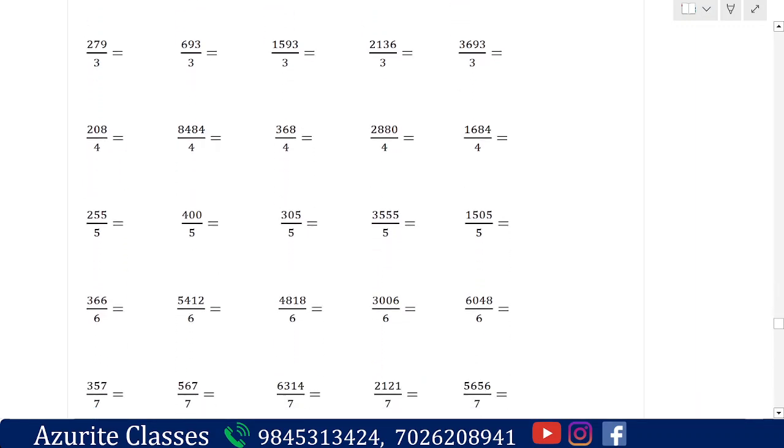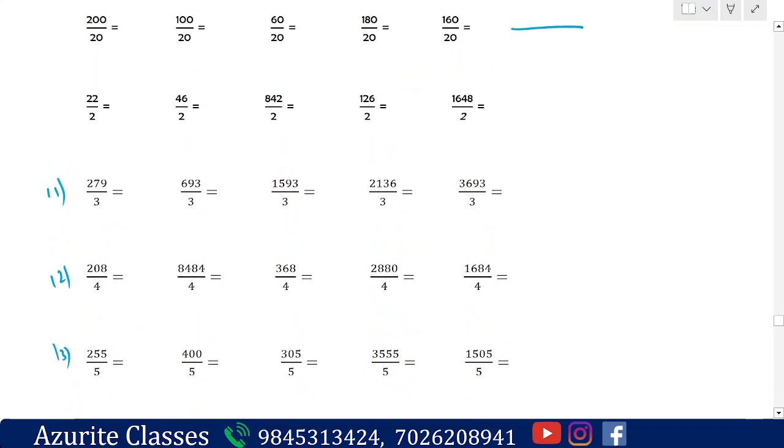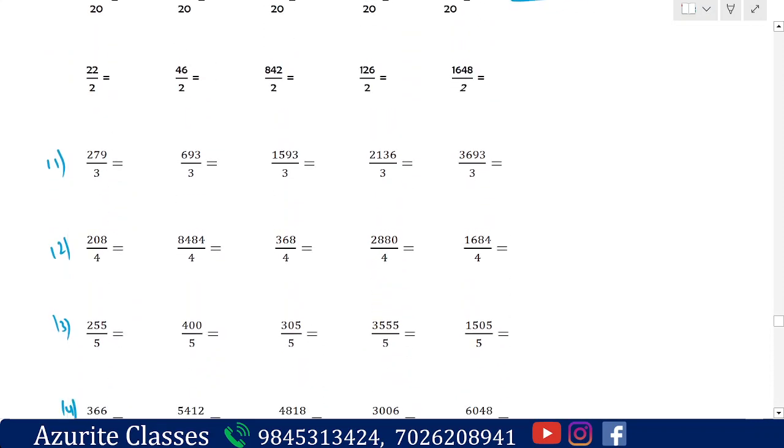Okay, so now 10 is done, right? How many roll numbers are done? 10 roll numbers, isn't it? So here roll number 11, 12, 13, 14 and 15. So how we have to do it is, should I explain this question or will you be able to do it? So I will explain. See here. It is easy, right? 2 ones are 2, 2 twos are 4 first, and 3 is there, right? 2 threes are 6. The answer will be 23 here, like that.